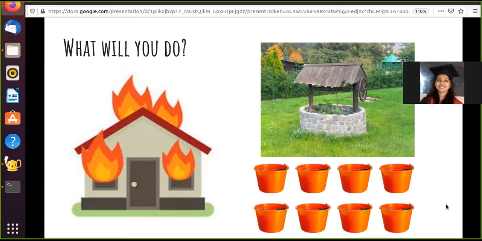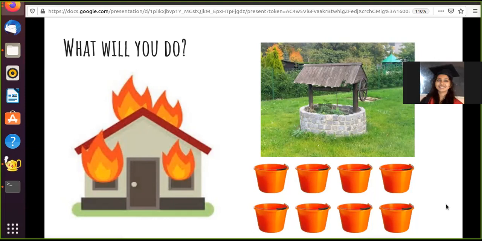Assume you are the principal of the school, you have put in resources in the school and you now want to save it. And in order to save it, there are a few resources there. There is a well about 500 meters away from the school, and you have a good supply of buckets nearby somehow. What all you need to do now to save your school is to go grab a bucket, get some water from this well, and spill it on your school.